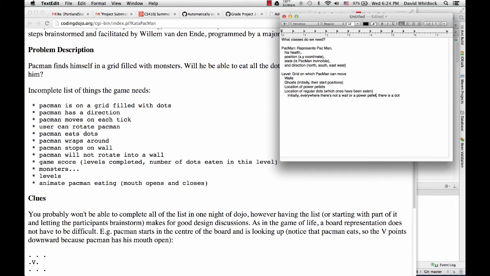Okay, so there's Pac-Man, and we might also want to have ghosts. Oh yeah, I forgot about that one. A ghost class, yeah. And I guess the interesting thing about ghosts is that they control themselves, right? They make their own moves. Is this going to be a multi-threaded app? Well, I don't know yet, and I think I just want to start simple.